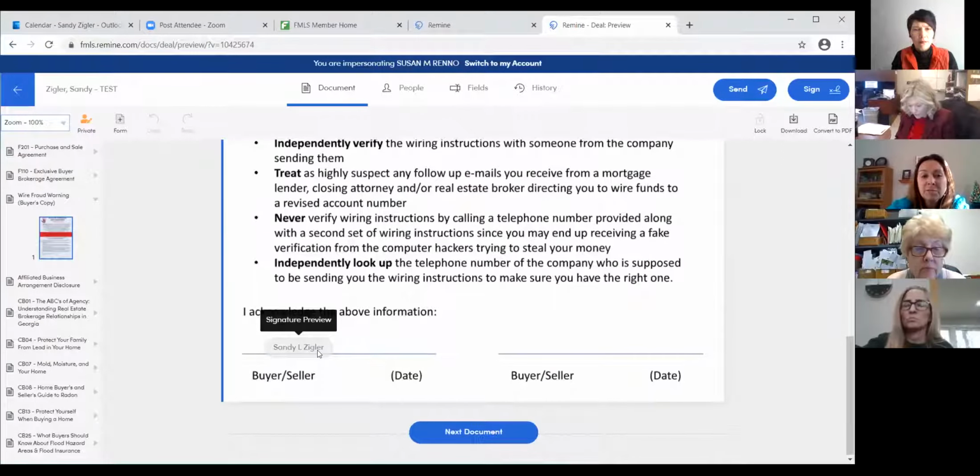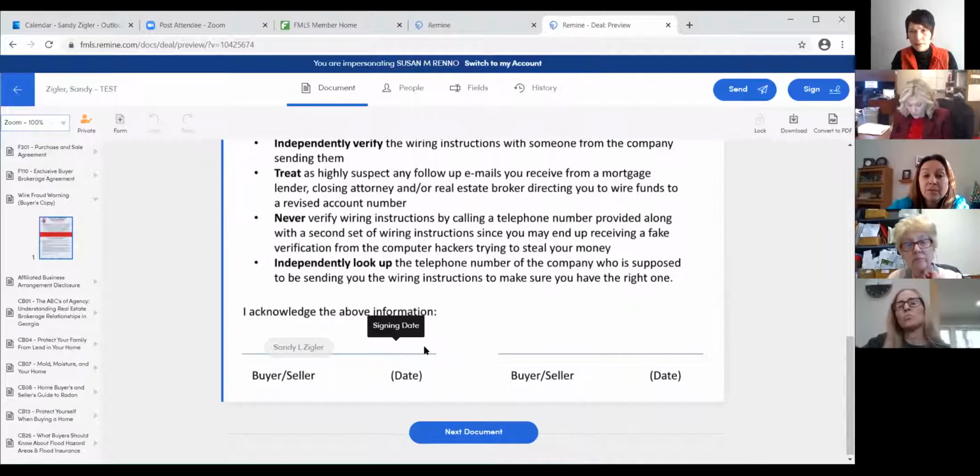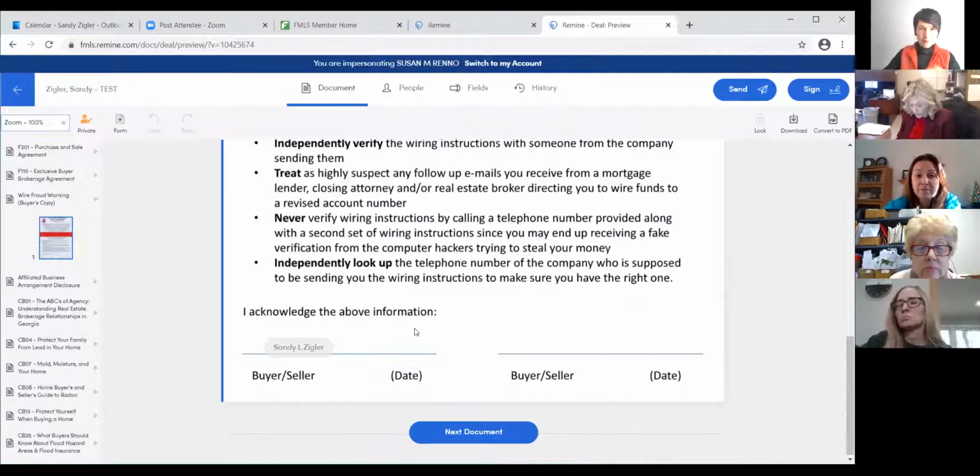Here it shows my name and I'm going to sign it, but it looks like the brokerage is asking for a date field as well. When they converted this to a smart form, the date field apparently did not get converted over, so I will point that out to them. Oh, no, it's there, it's just not populating. So it's already got a signing date there. So all you're going to do is hit send,